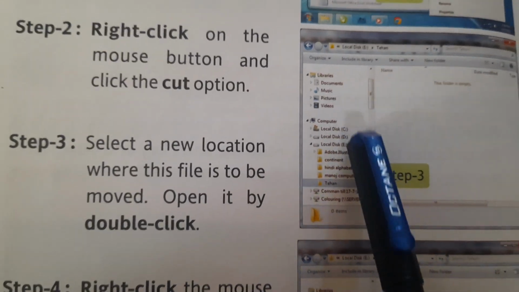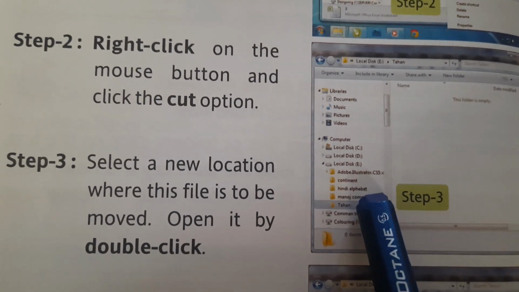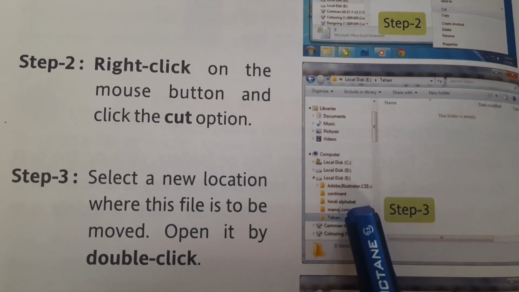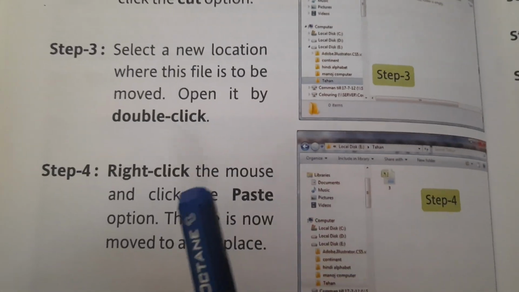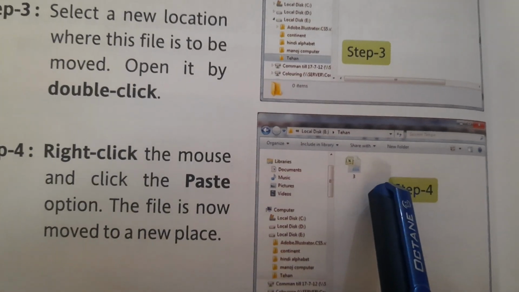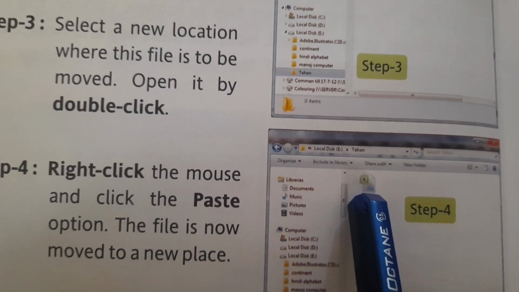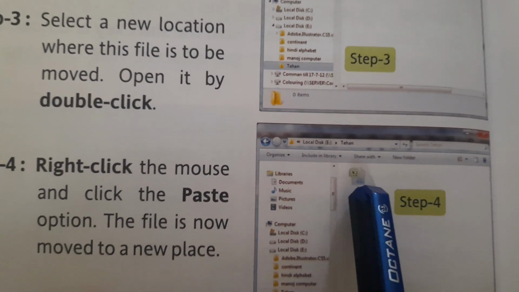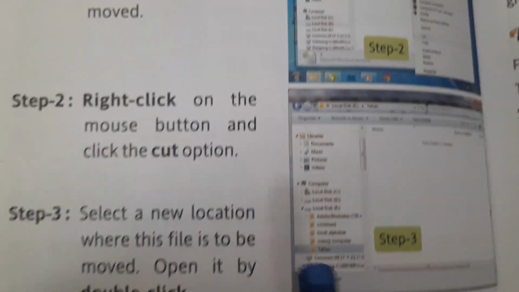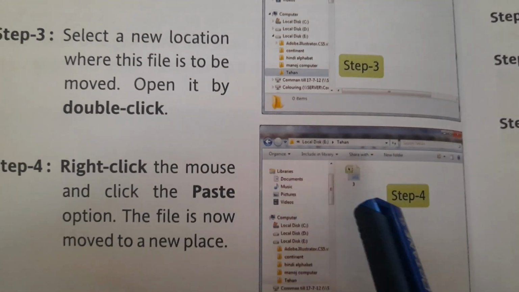You can paste it anywhere you want to. Okay, any location that you want to, you can take them, one file or folder or more than one file or folder. Then right click the mouse and click the paste option. The file is now moved to a new place. And again you will right click and you will find the paste option and you will take it to the next place. You will paste it there. Okay, so basically what you have done, you have cut it and you are pasting it. You are cutting the files or folders and then you are pasting it to a different place.